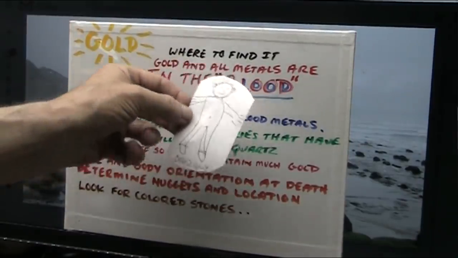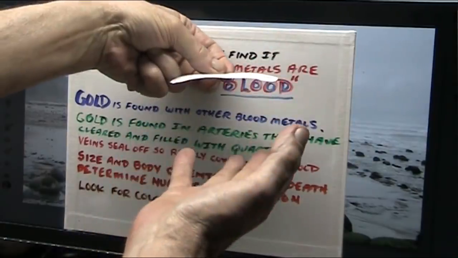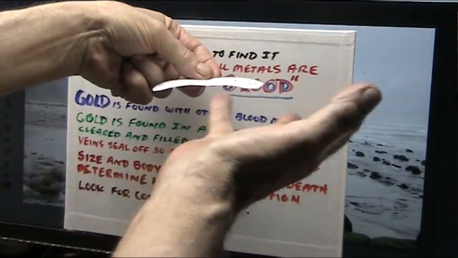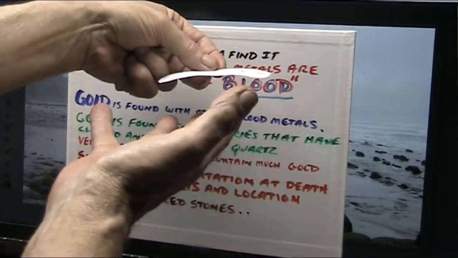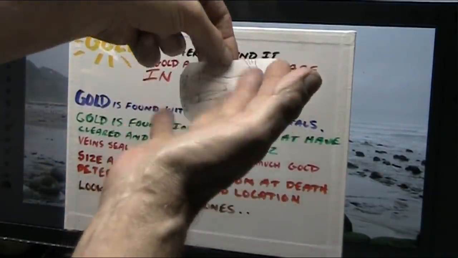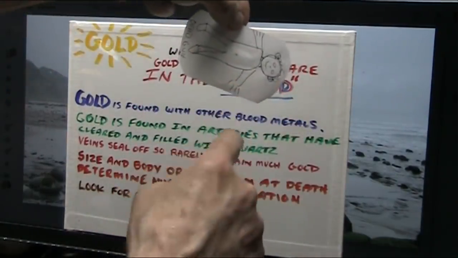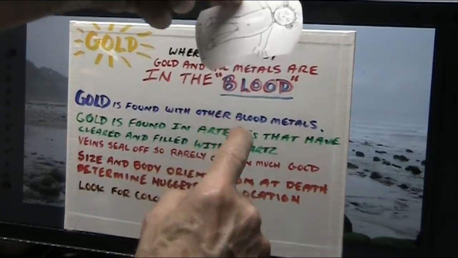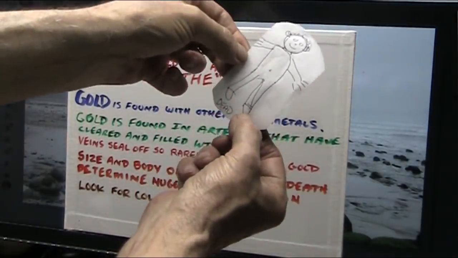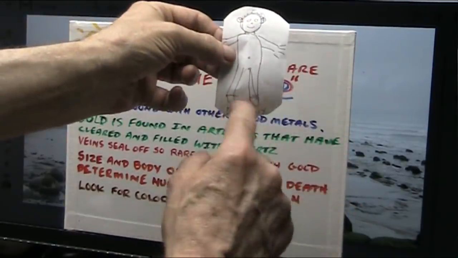Now, the guy died like this. What happens? It's all laying there flat. All of these things are going to lay flat, and the gold will not settle in his feet. It will settle in parts of his body that were flat like this. Now, if his hand is like this, sticking down, it's going to end up in his fingers. If his foot hung down like this, it's going to end up in that toe. That's the way it works. Now, if they're standing up, it's in his feet.